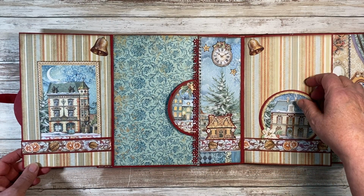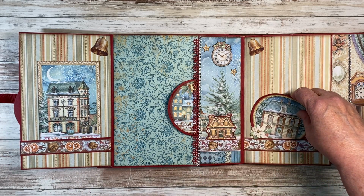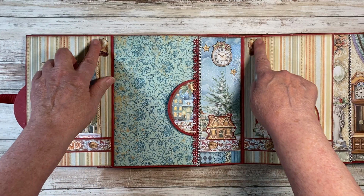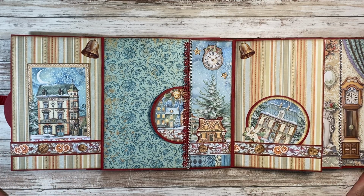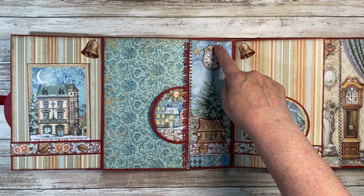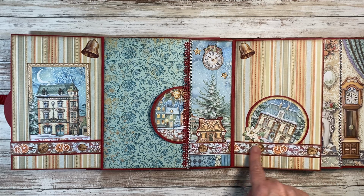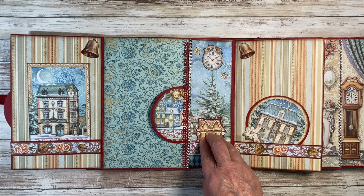So then when you open this up, we have a long panel on both sides, and I put a band down here, one-sided band for a tuck as well as over here. We have ephemera bells, and then I did something, I like to play with my scraps, and I had two images here that I really liked, but neither one were sufficient enough to cover this. So I took two pieces, I brought them together. There is a bit of a seam through here, but I matched up the sides and then tried to match it up here. To help hide the seam, I did cut this out, placed it in the front,